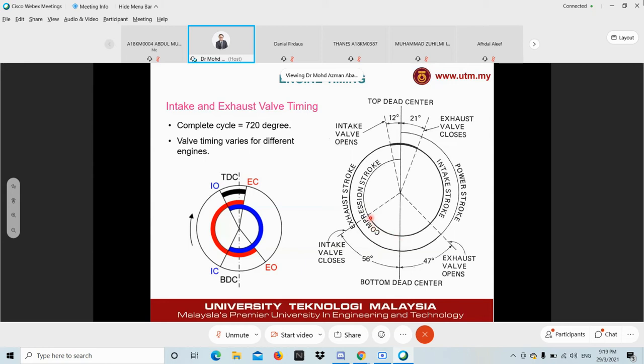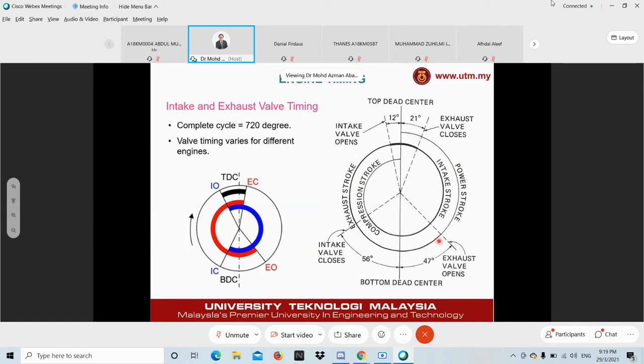And then when the intake valve closes, it goes into the compression stroke. During compression, both the intake and exhaust valves are closed, and then the piston reaches TDC and goes for the power stroke. During the power stroke, the exhaust valve is also closed, but as the piston moves down over here, the exhaust valve starts to open. This is normal for any engine. The exhaust valve starts to open towards the end of the power stroke,